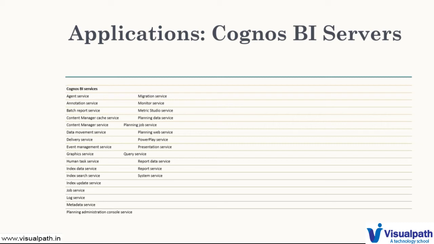Okay, so query service is like, whenever we create a report and we try to execute the report to fetch the data, to see the data, in that scenario the query service basically comes into the picture. Then we have report data service. It manages a transfer of report data between IBM Cognos BI application and then consume the data such as IBM Cognos BI for Microsoft Office and IBM Cognos Mobile. Then we have report service. It manages the interactive request to run report and provide output for a user in IBM Cognos Connection or iStudio.